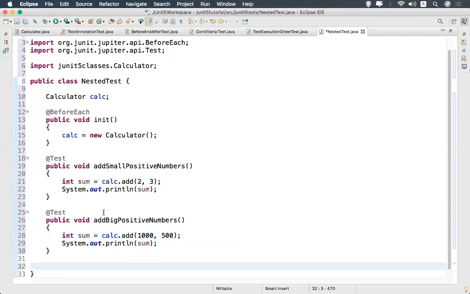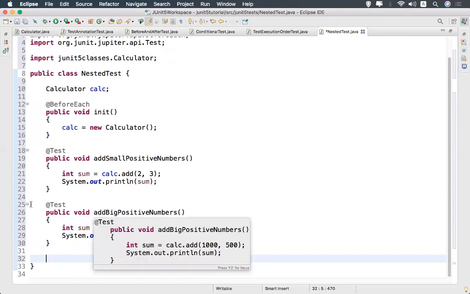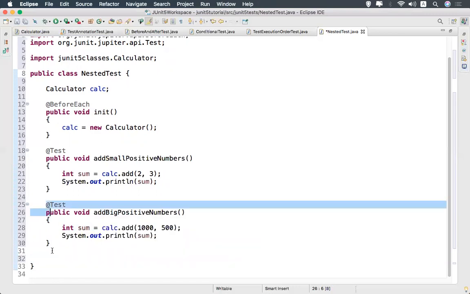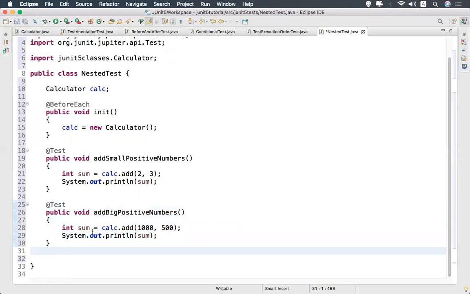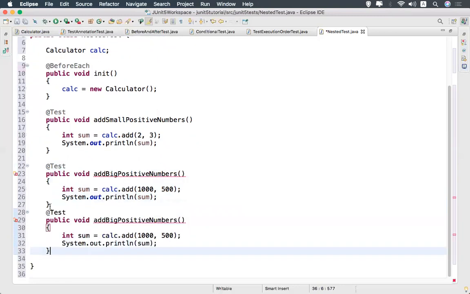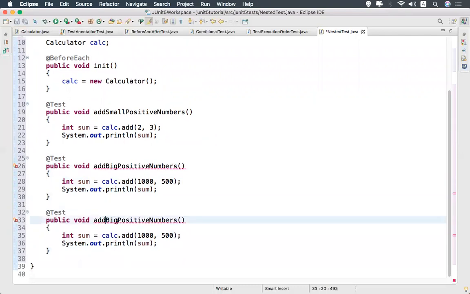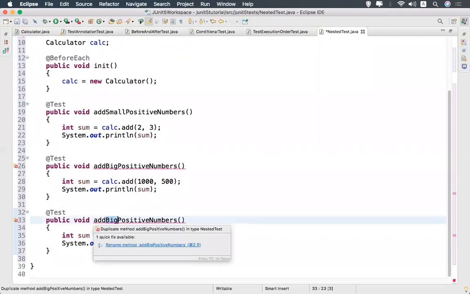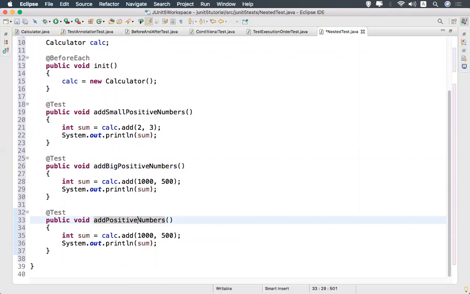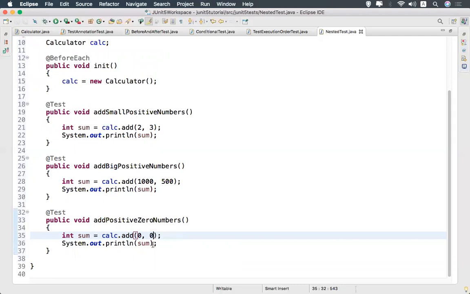It may not make any sense, but I'm just testing with different options. So add positive zero number. There is no positive zero number, but I'm just taking one like this. So I have tests with positive numbers.